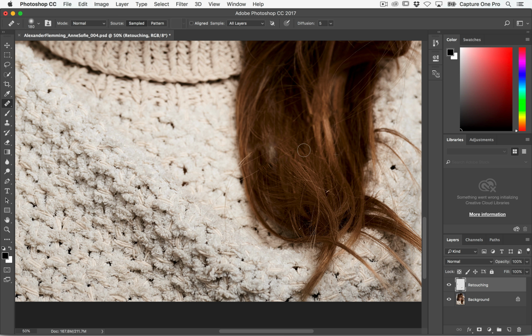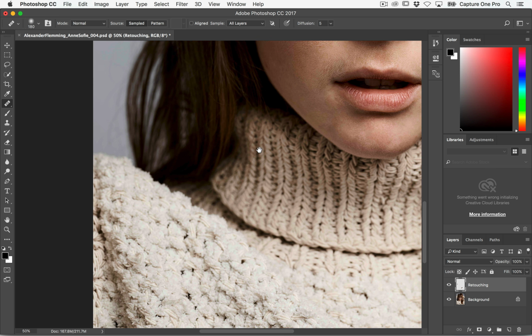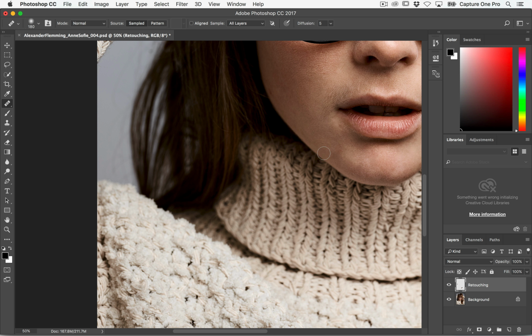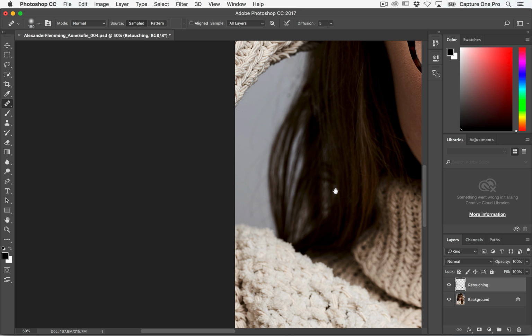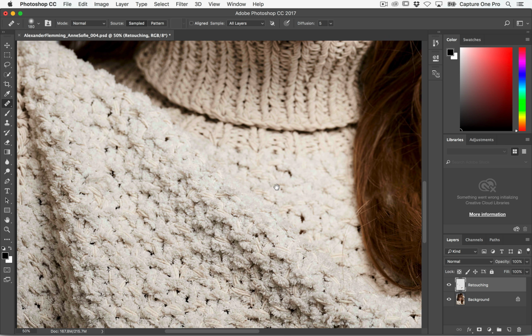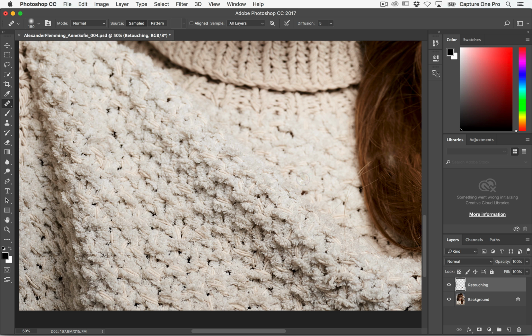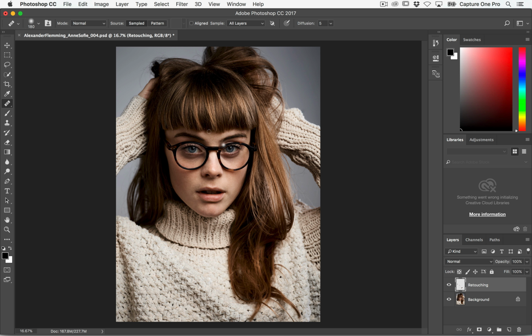But again, this is all about principle. That's why I'm not a retoucher. So we're going to fix that. And our client also complained there was something strange going on down here. Anything else? Let's just fix a couple of jumper holes so it's really obvious when we go back to Capture One, like so. Okay. So we're happy with that. We've done more amazing retouching. So let's close this back down, save,